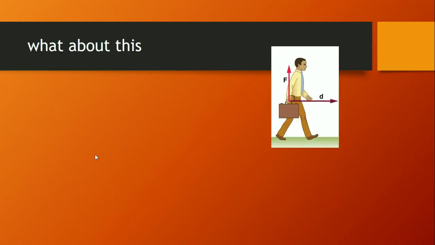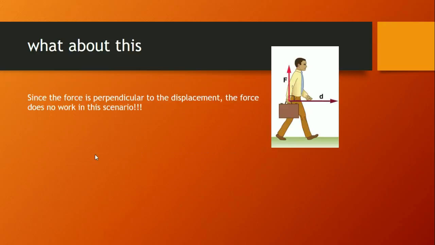So what about this scenario? We talked about how work is the force in the direction of the displacement times the displacement. In this case, since the force is not at all in the direction of displacement, it's perpendicular to the displacement, the force does no work in this scenario. Even though we have an arrow showing the force the guy's holding up his suitcase with, it does no work